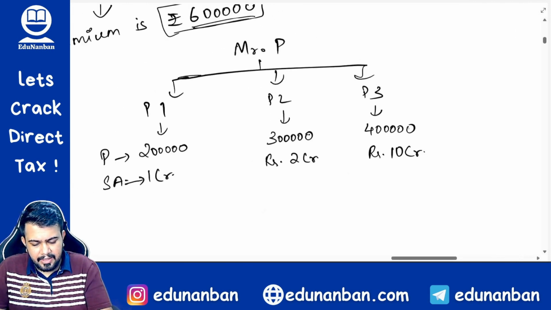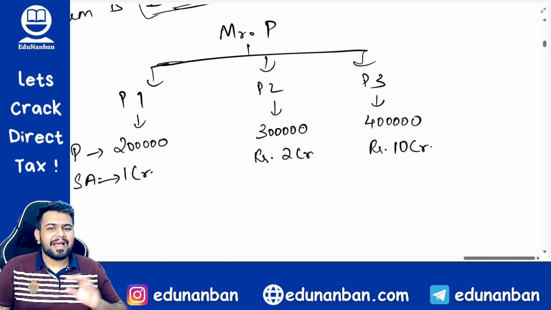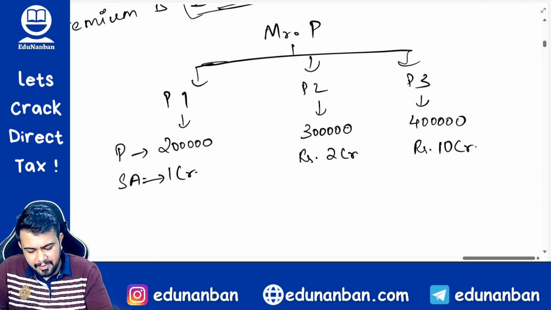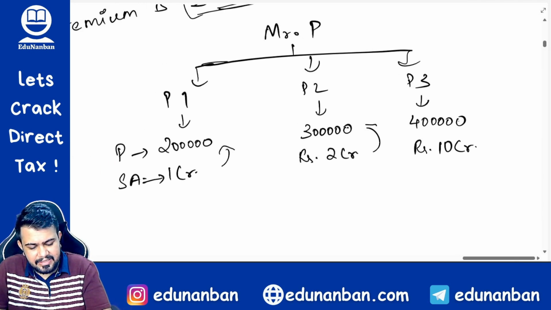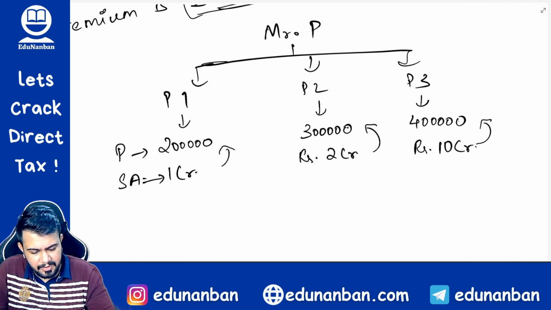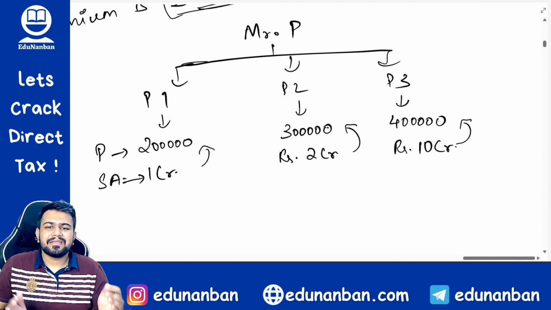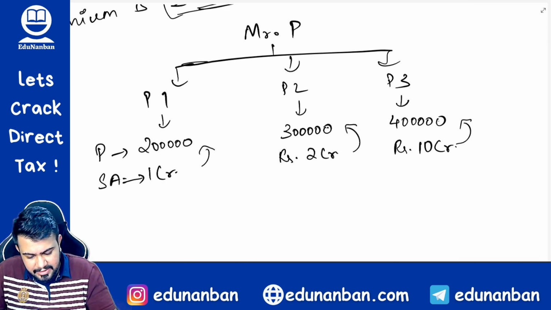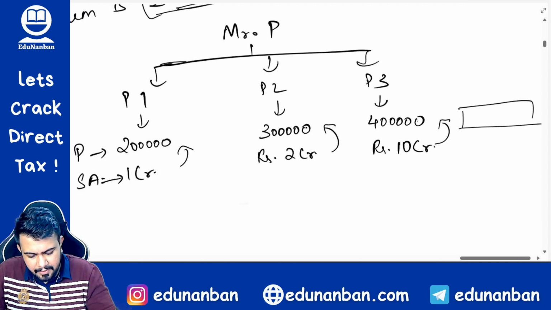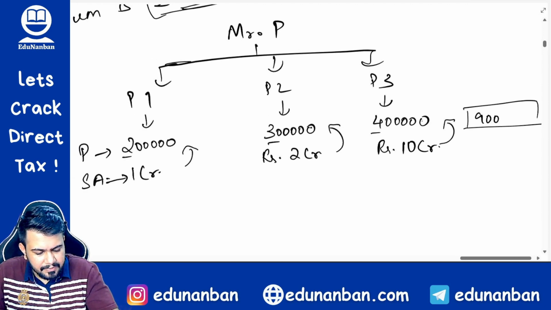Now see here, Kanna, for any of the policies, is the premium exceeding 5 lakh rupees? Answer is no. The premium is within the 5 lakh rupee range, and also the premium is within the range that we had discussed in section 80C, that is 10% or 15% as the case may be. In both cases it is within the limit. So in all the cases it is within the limit. However, see here, the total premium is how much? Total premium is 2 plus 3 plus 4, which is 9 lakh rupees.